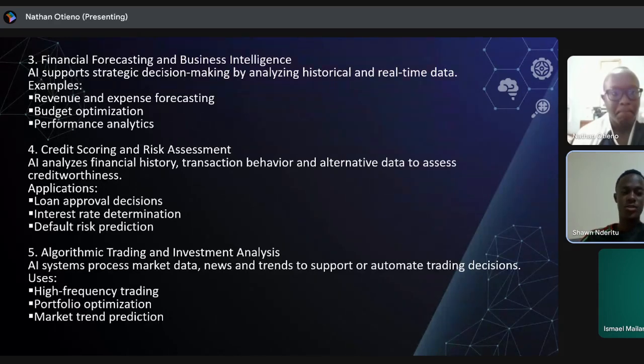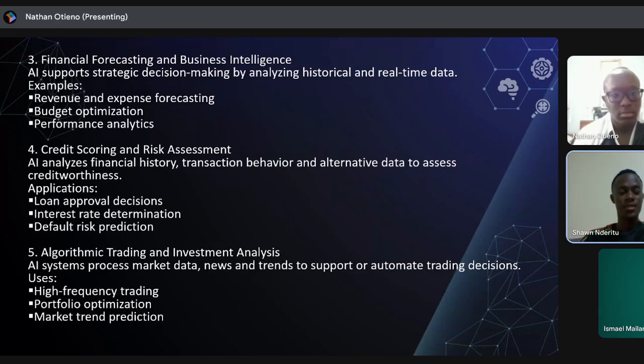The other one is credit scoring and risk assessment. AI analyzes financial history, transaction behavior, and alternative data to assess creditworthiness. How is it applied? You have loan approval decisions, interest rate determination, default risk prediction, and number five, we have algorithmic trading and